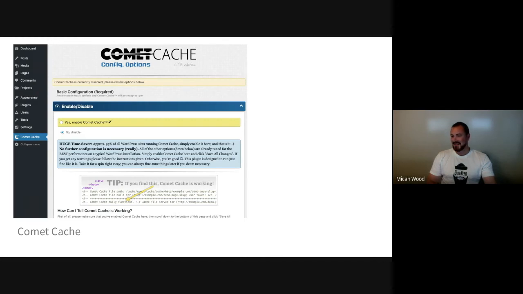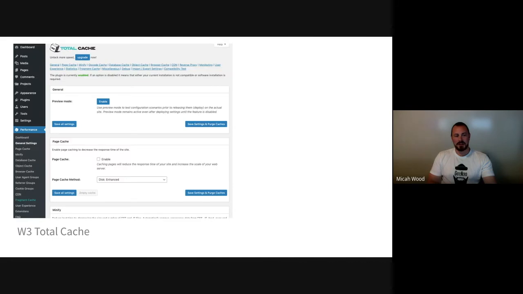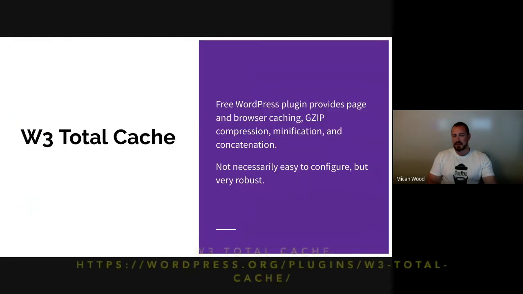So if that's your level of desire for caching, then this might be a good plugin. I think they do have a more advanced section where you can do some more stuff, but it's a decent plugin. And then there's a plugin that's been popular for a very long time called W3 Total Cache,